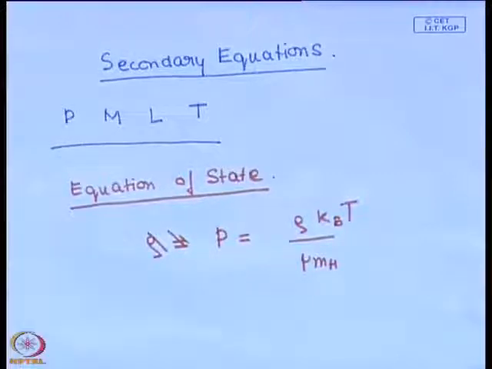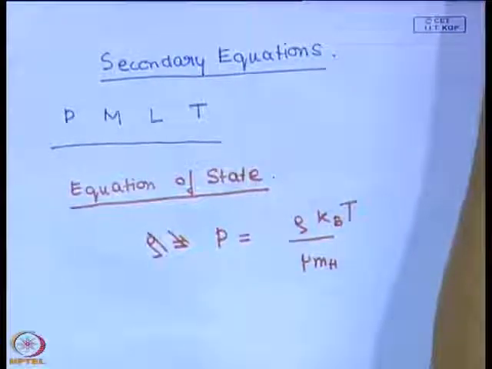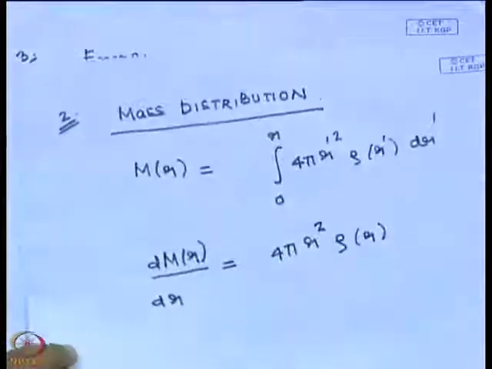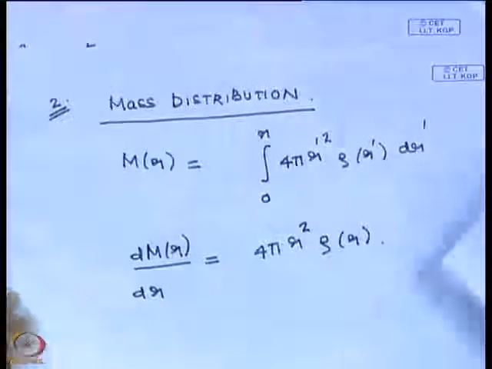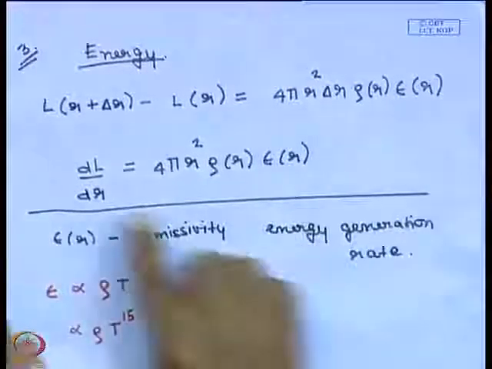You also need some other factors. So, let us look at those. Let us look at the mass profile. The mass profile does not involve anything new. It has a density, which again you can express in terms of pressure and temperature, but the moment you look at the luminosity